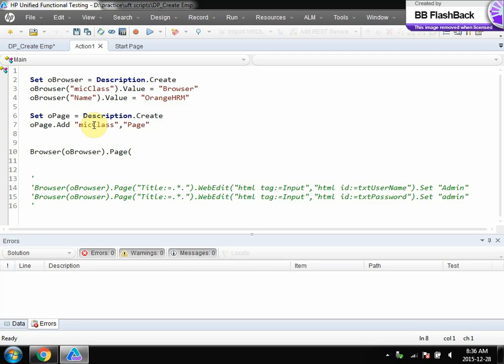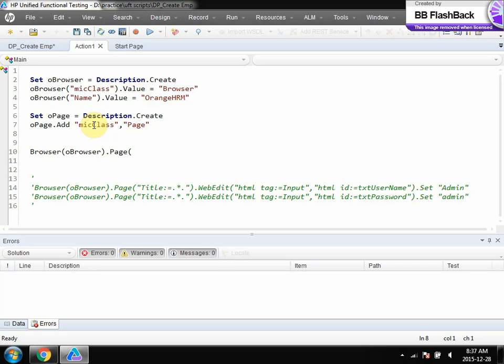As soon as it finds any wild character in the property value, like dot, square bracket, parenthesis or question mark, the special characters in a regular expression, which we call wild characters,